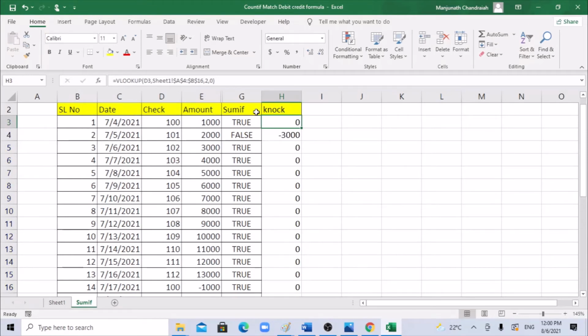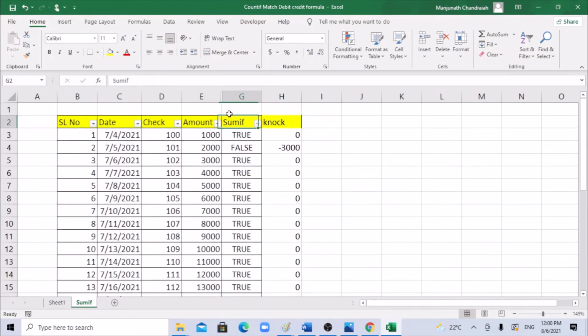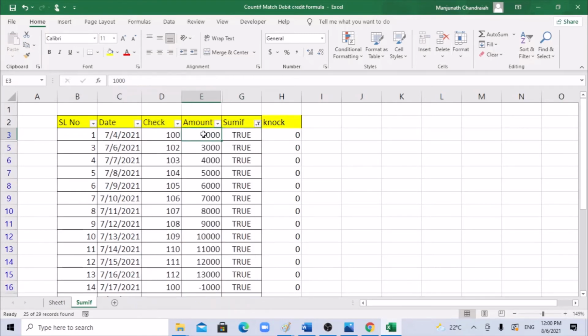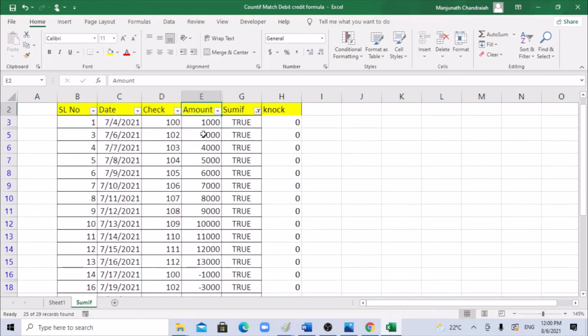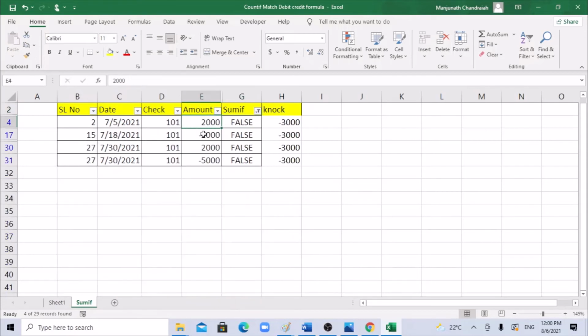Rather than doing that, SUMIF is a much simpler form, where you can either leave it blank here, or, as I did, add 0 so that you have true and false. It's easy, there will be only two options. I'm just selecting it. Anything that is true, straight away you can knock off. Anything left as false, you can leave as that. Those are the line items. Then you can use the COUNTIF function, which I did in the previous session. That formula can knock off these two line items, and you end up with the last two line items as open. So it's very easy rather than using a pivot table.